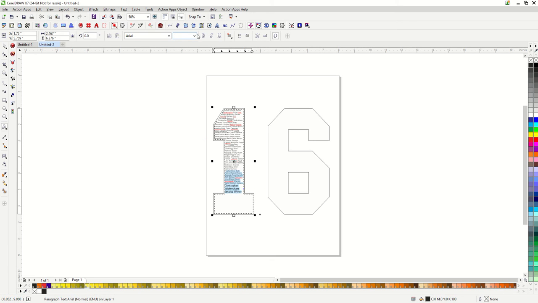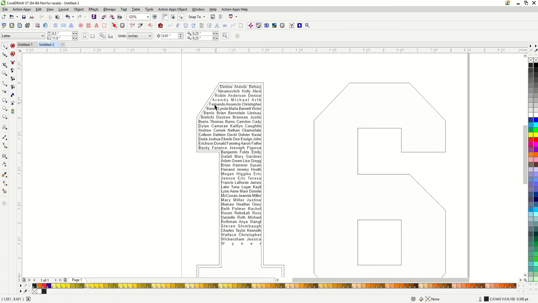You would have more names than this, obviously. And then you would also set your justify to force justify. And this is how you could put names inside of text. After you've added all the names in both the letters, you would just size it correctly so that it fills